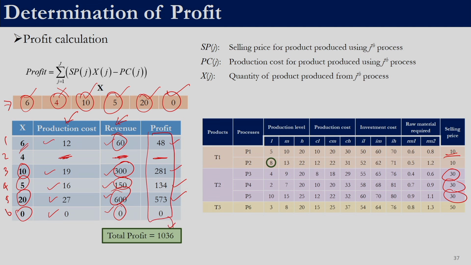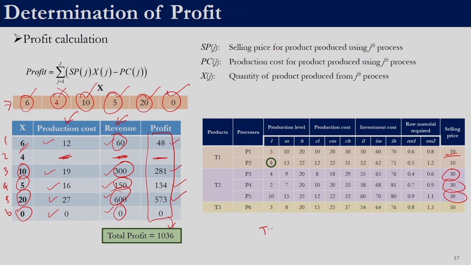So, right now we have seen how to calculate profit for a feasible solution as well as an infeasible solution. We have seen how to calculate the penalty for a feasible solution as well as an infeasible solution for all the three types of constraints: the domain constraint, the investment cost constraint, and the raw material constraint. When we say types of constraint, there are three types. That does not mean that we have only three constraints.